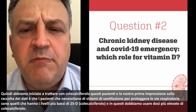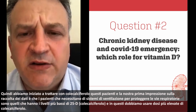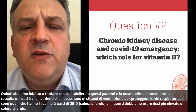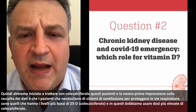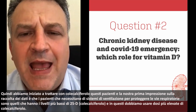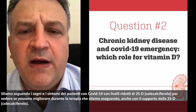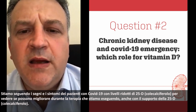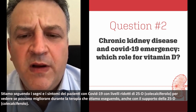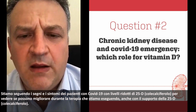And our first impression in collecting data is that patients who need a ventilatory system to protect the respiratory tract are those patients who have lower levels of 25D, for whom we need to use a higher dosage of cholecalciferol. And we are following the signs and symptoms of COVID-19 patients with low levels of 25D and following if they can improve during the therapy that we are performing, also with the support of